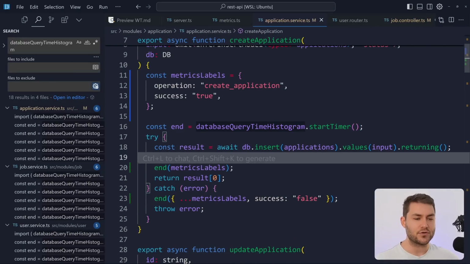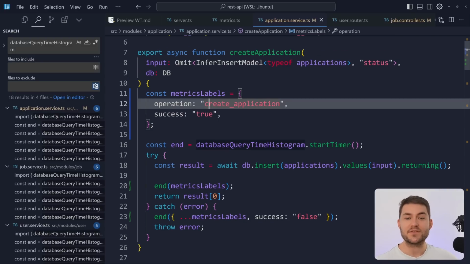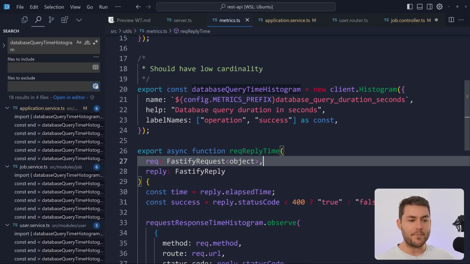So this is going to make sure that we don't have any spelling mistakes, because if you have spelling mistakes, you're going to have the metric with the spelling mistake there forever. So don't do that. So the other thing that I want to mention about metrics is always prefix the name